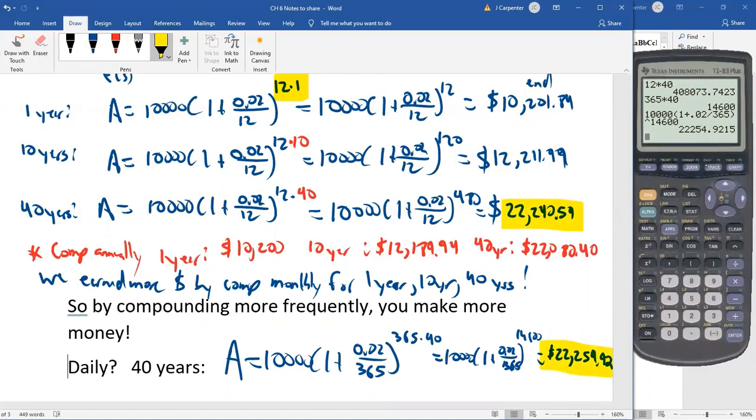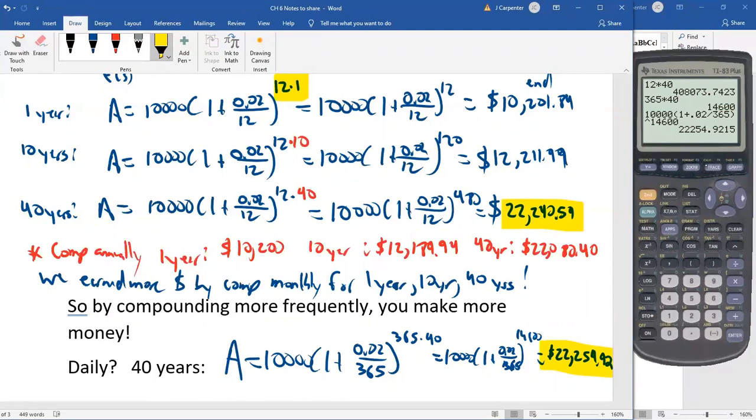So when we went from compounding annually to monthly, we gained an extra 160 bucks. So you'd think, okay, but going from compounding once to 12 times, that's 11 more times per year, we made an extra 160 bucks. So what some people might think, and I understand why they would think this, is that